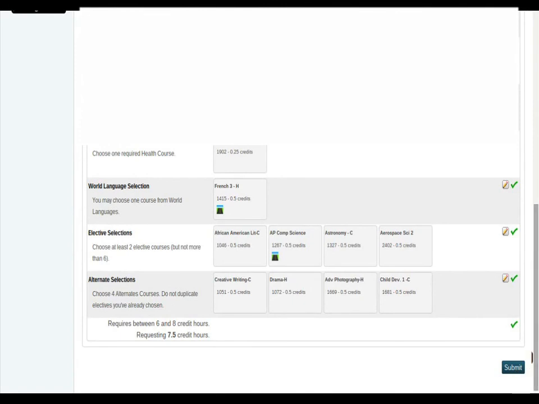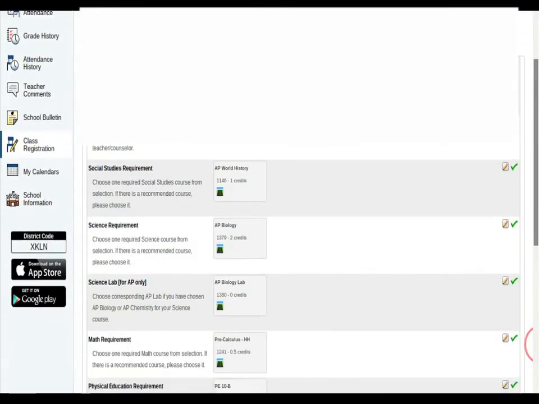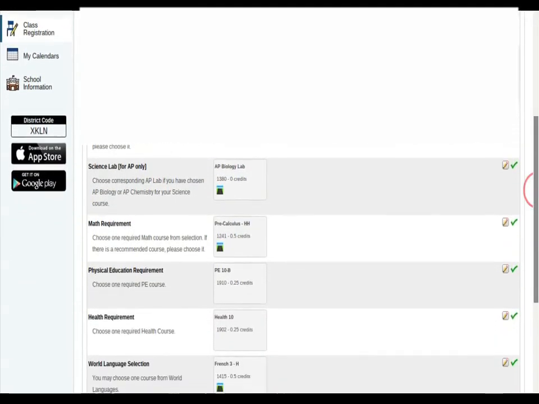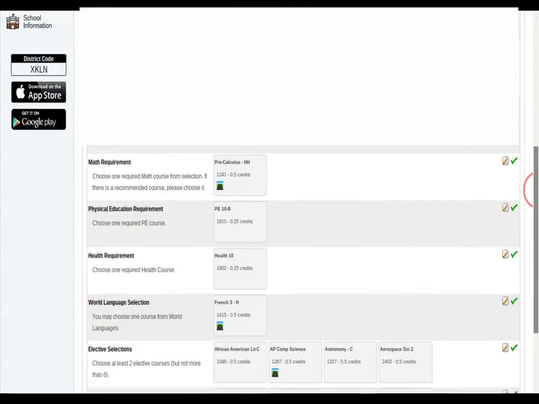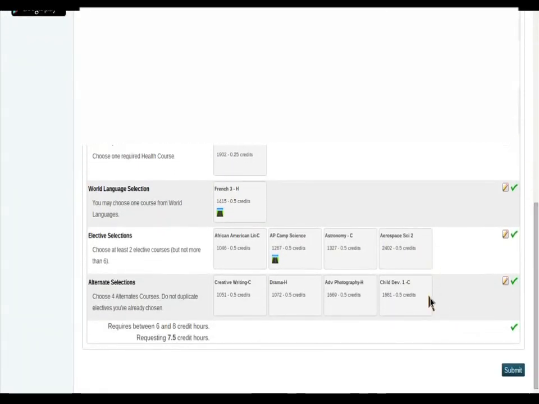Take a minute and read back through your areas and make sure that you have a course for English, that you have a course for social studies, science, math, PE and health, world language, and your electives and alternates. If you are satisfied with your selections, then you may click submit in the bottom right-hand corner,